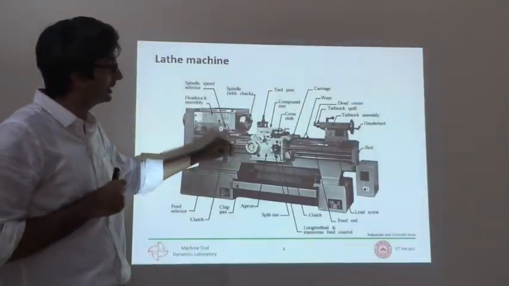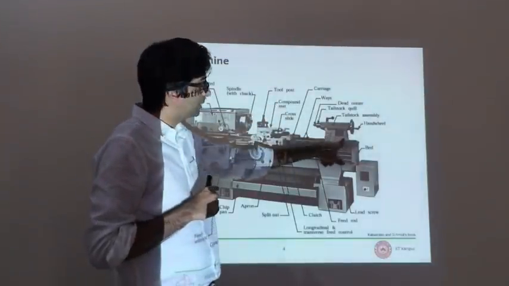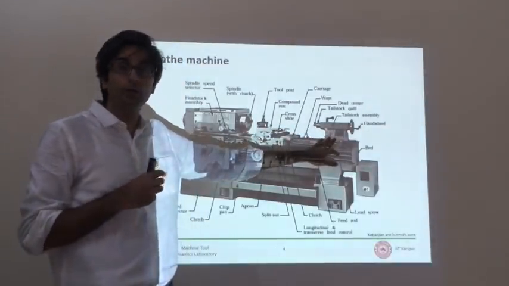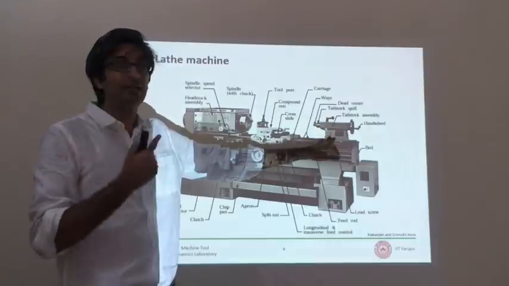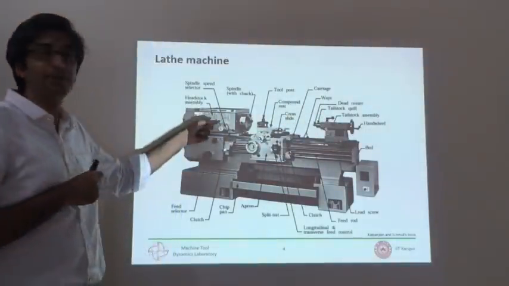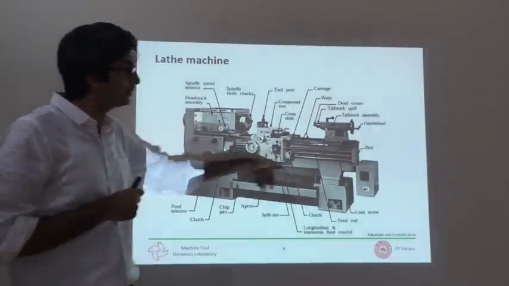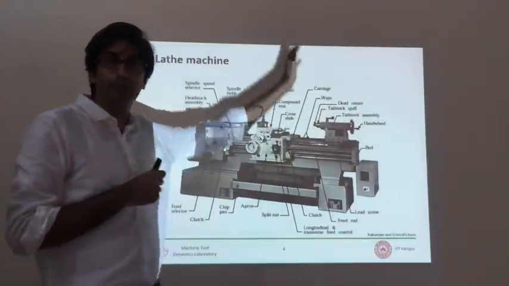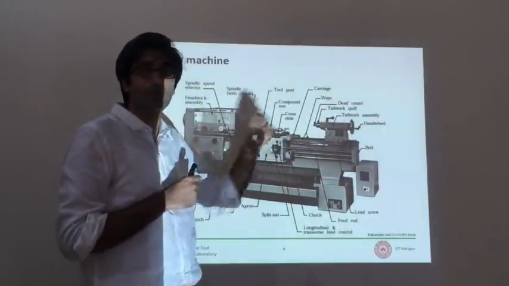It requires some serious skill. The third aspect of this machine is the tailstock. The tailstock is normally not what is called a live tailstock, it is a dead tailstock, in the sense there is no drive given to this. There is drive only given to the spindle. But sometimes you can also have a live tailstock where there is another motor here also rotating, also through a gear drive, and the tailstock is also rotating.